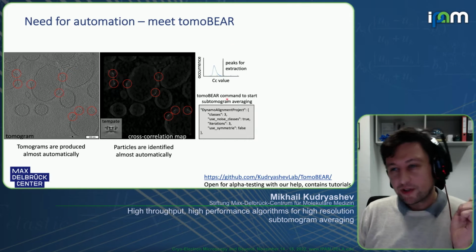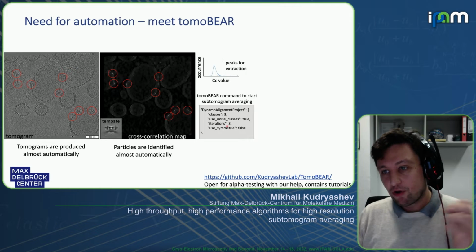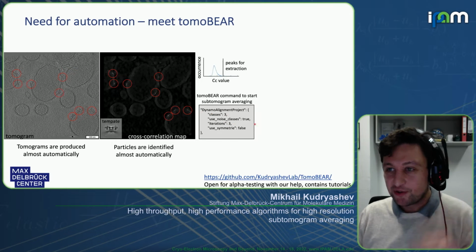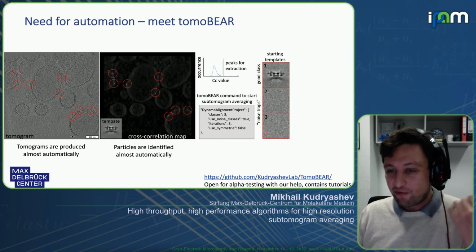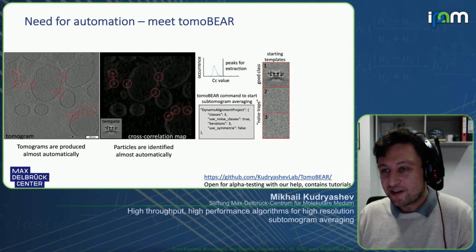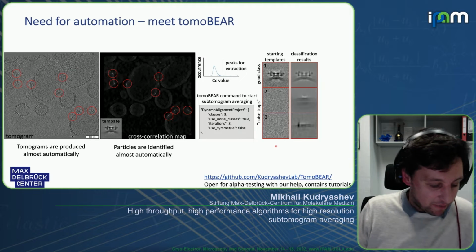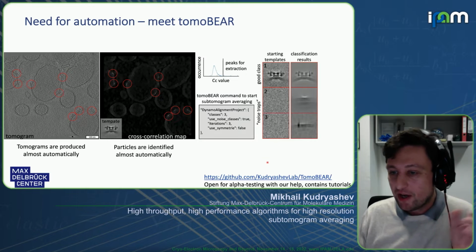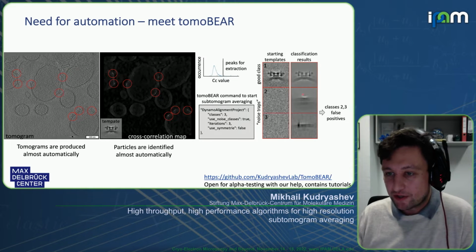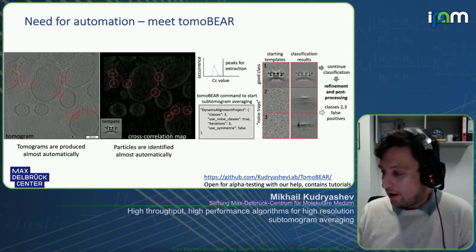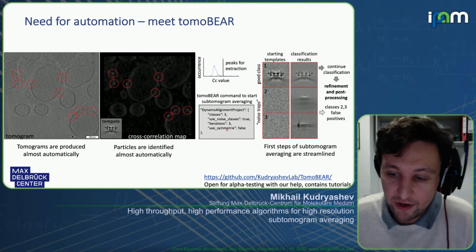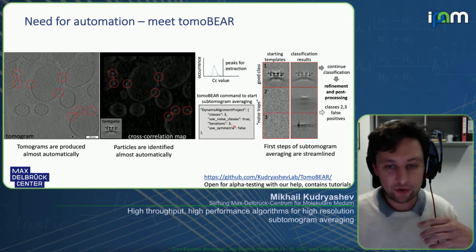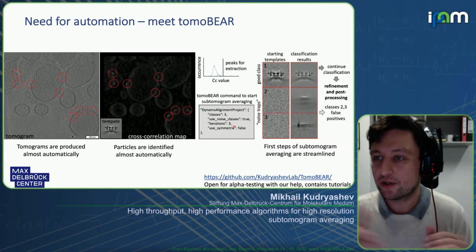And this we can still do automatically, and this is the block that allows a Dynamo alignment project to be created with 3 classes and so-called noise traps. So we have one class that is a real class, 2 classes that are noise particles, and then we run a couple of rounds of iterations, and then we throw away bad classes and continue with the good class. Okay, so up to here, the processing is very streamlined, and the only thing the user needs to do is look at the occasional